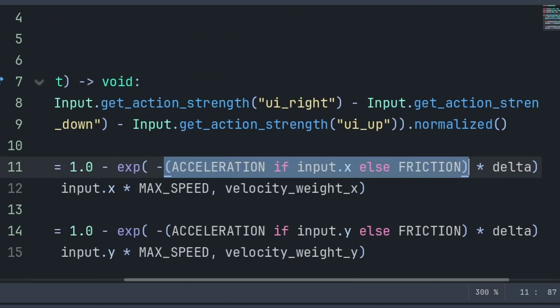As for the weight, we first need to decide whether we want to use acceleration or friction. We do this based on if input, meaning if input is not equal to 0, then we use acceleration, otherwise we use friction. And we make this negative because we want to move towards max speed each frame, not away